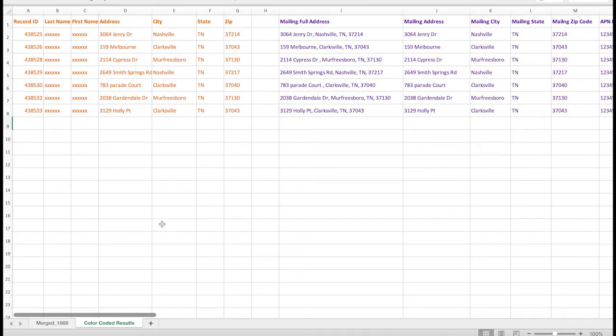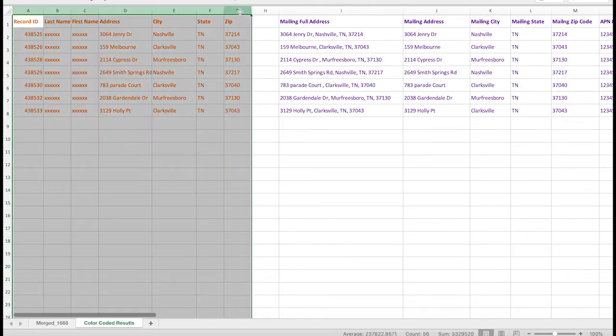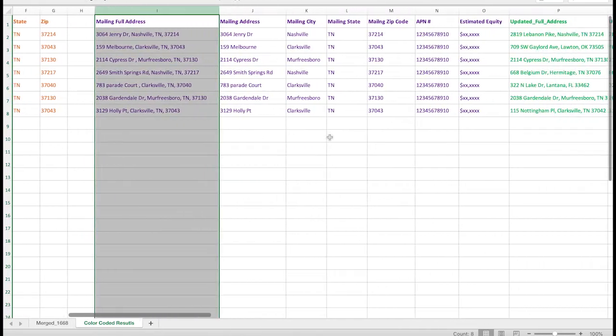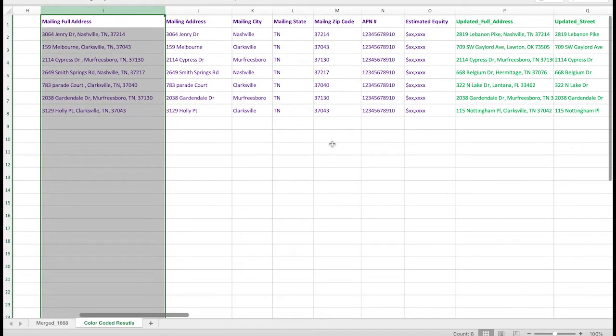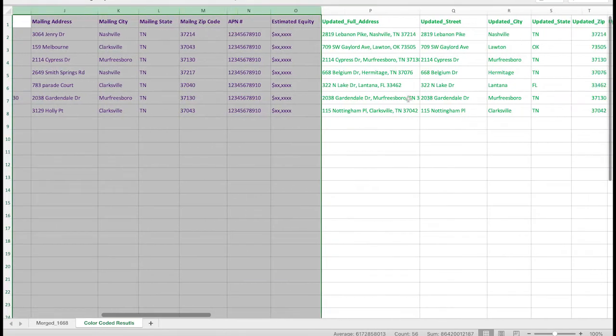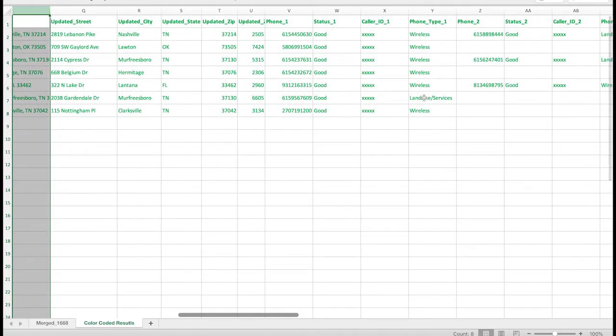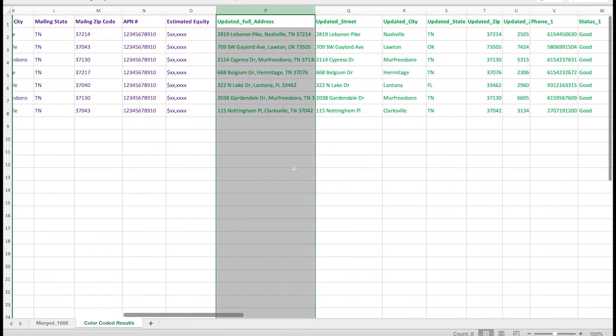Here's our merged results spreadsheet, color-coded to make it easy to see. So again, our 7 columns that were used in the search. And then this purple section are all columns that were included in the original uploaded file. They were not used in the search, but we've saved a copy of that file so that we can return that information here in a merged result. So you've got those purple columns that were in the original, and then all the green columns, which are address, phone, and email information that are the search results.